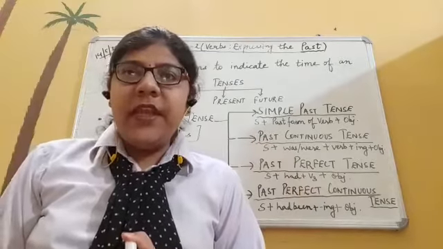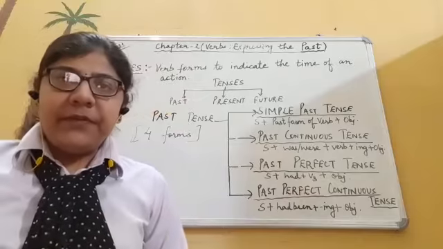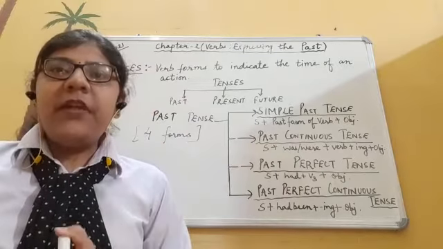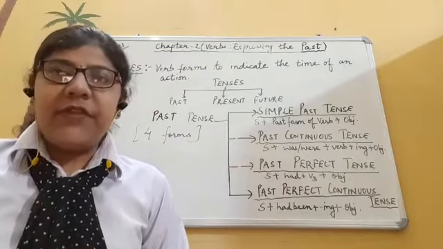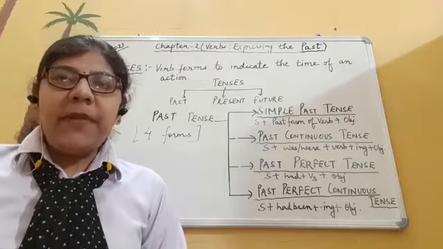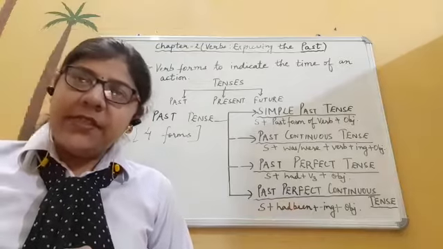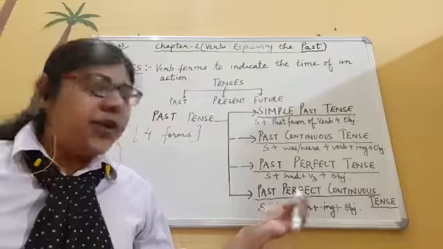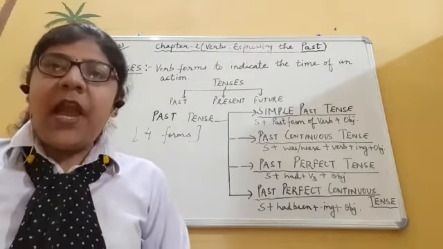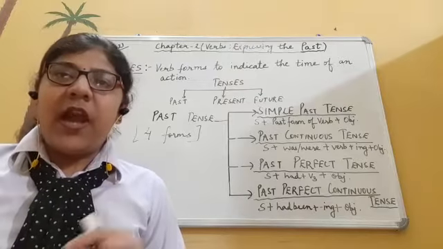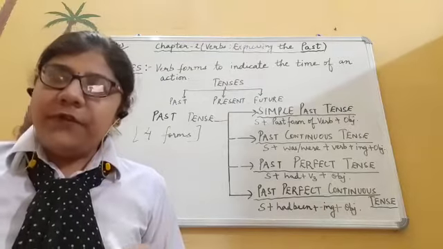Like if I say that she had been completing her semester very soon. She had been completing means she is going to complete, or she had been completing her semester. So similarly, what I have done, I have used had been, and along with had been, I have used the ing form of the verb.